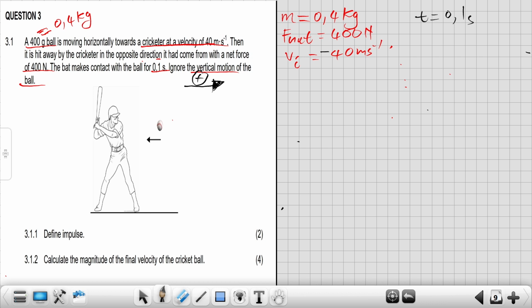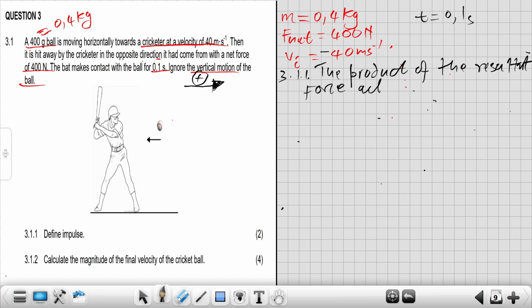So let's read the questions. I think we analyzed the information that is given. 3.1.1 says define the impulse. It's a definition. I will forever emphasize it should be the definition as it appears in the exam guideline. So it is defined as the product of the resultant force